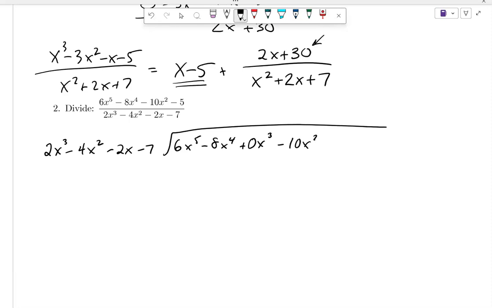Minus 10x squared. Is there an x term? Nope. So I'm going to put a plus 0x and then minus a 5. Only so that everything gets lined up nicely. Okay? I don't want it to look ugly. I don't want an x cubed to pop up later and I don't have something lined up underneath it. Or something to line it under. Let's try it again. Something to line it up underneath. I said it backward. All